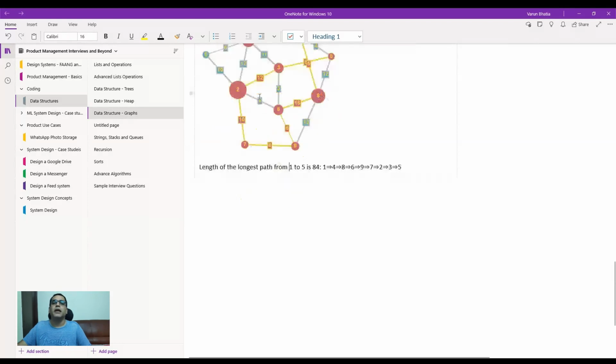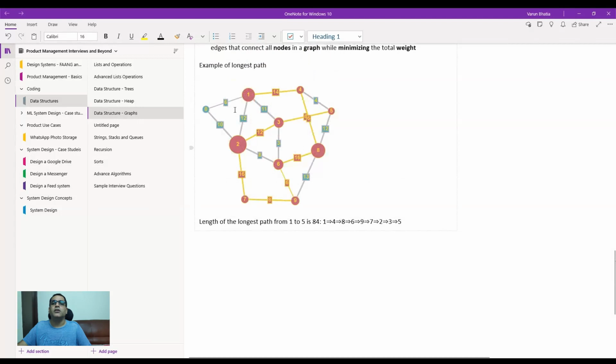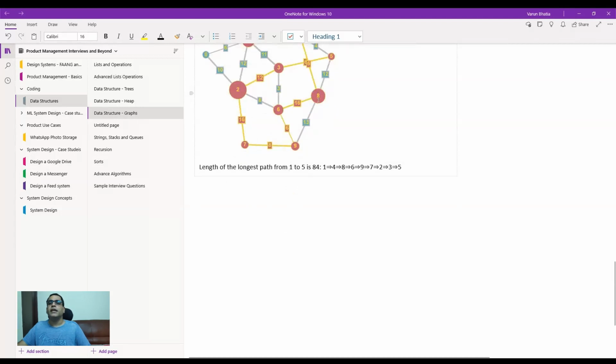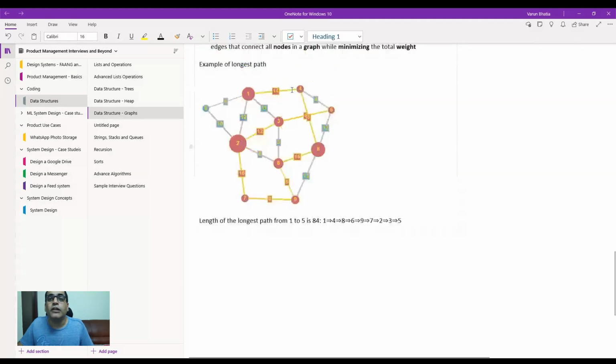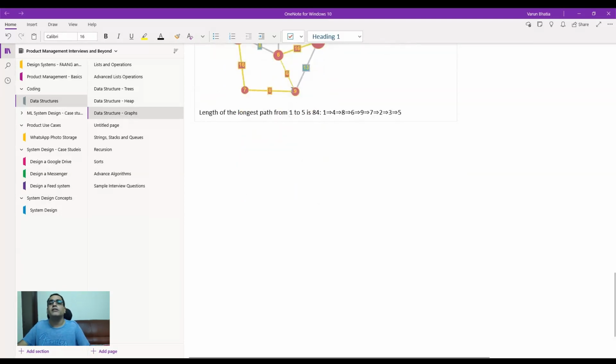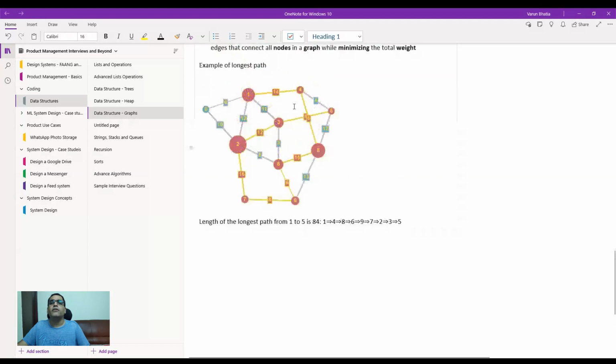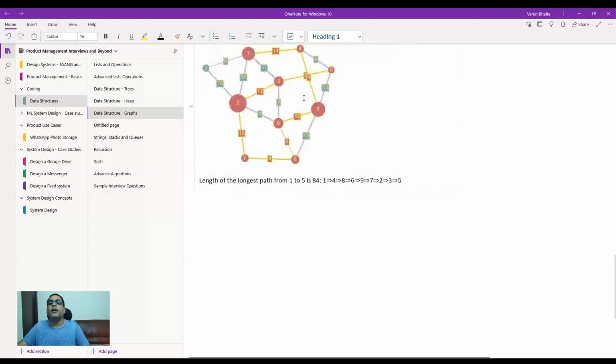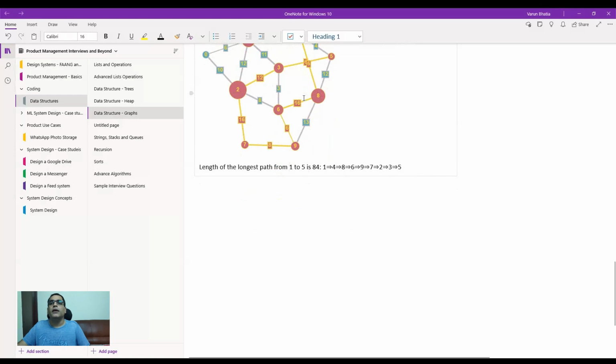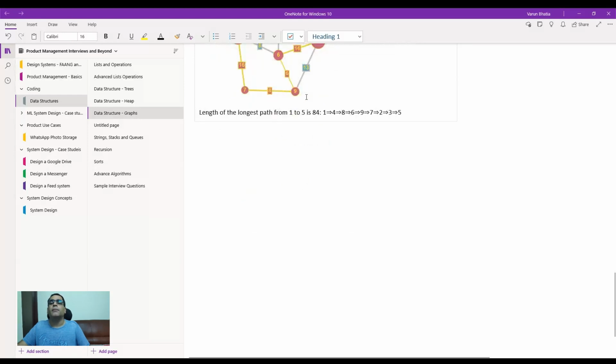It could be 1, 0, 2, 3, 6, 8, 5, right? All the combinations and then the calculations. So how does the algorithm do it? The algorithm will start by calculating all the possible routes